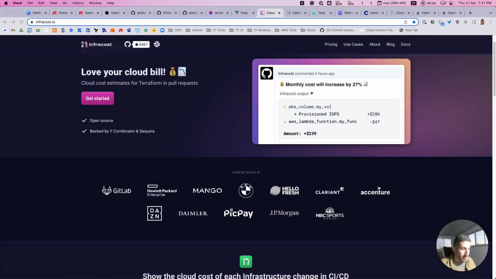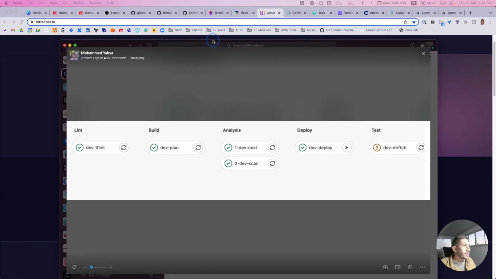Okay, and this is also a typical pipeline. We start with linting, like I just showed you. This is a client pipeline, by the way, an enterprise client also. We use linting for them, then planning, then analyze. By analyzing, we include the cost estimation and also the security scan findings.